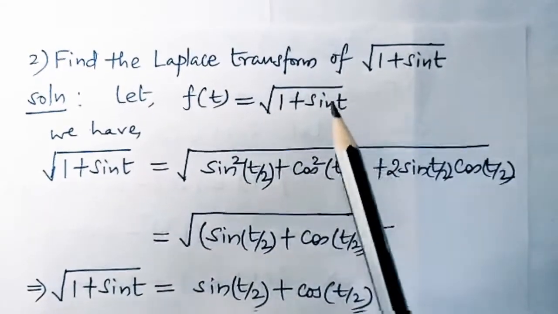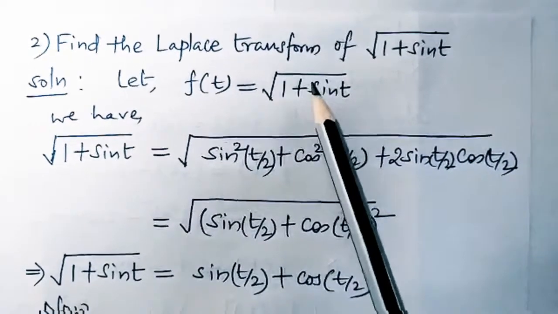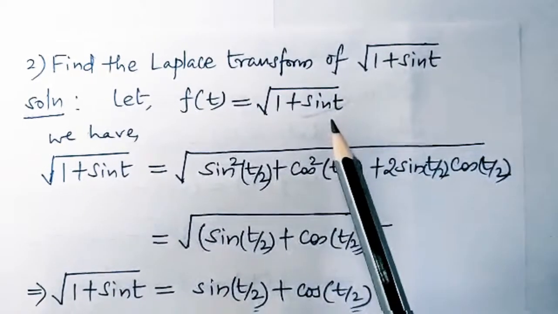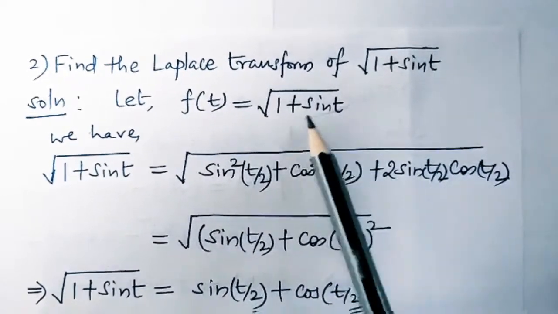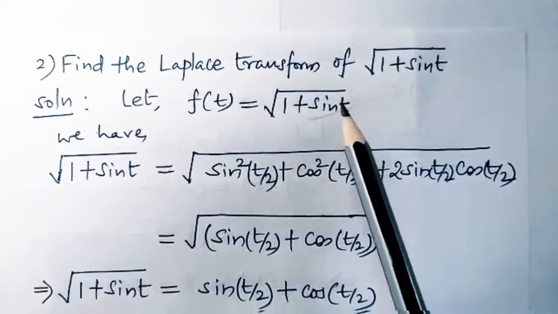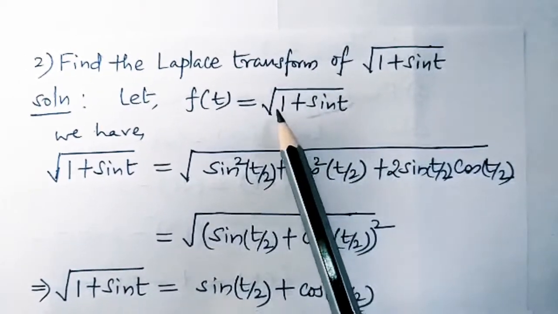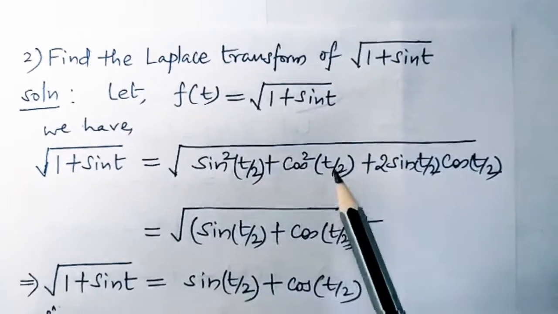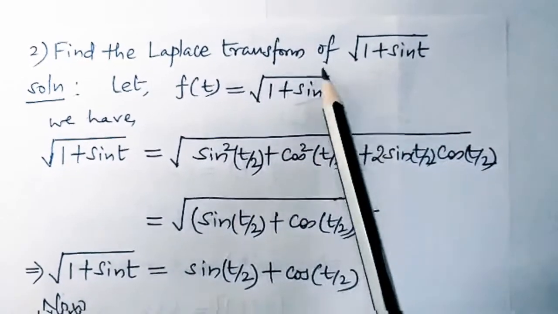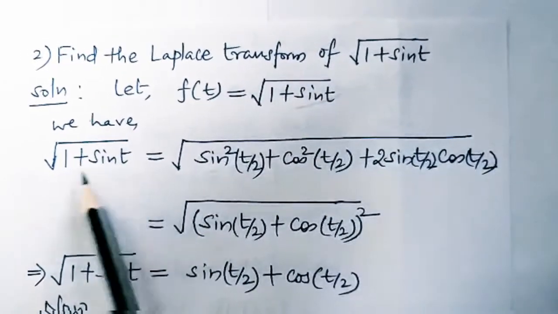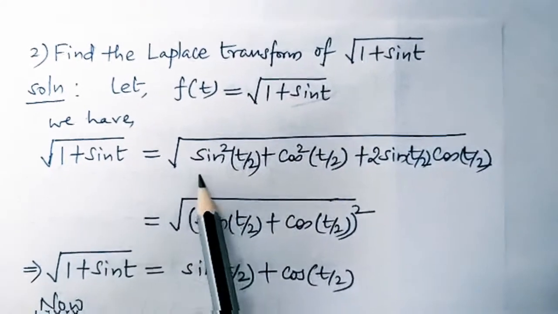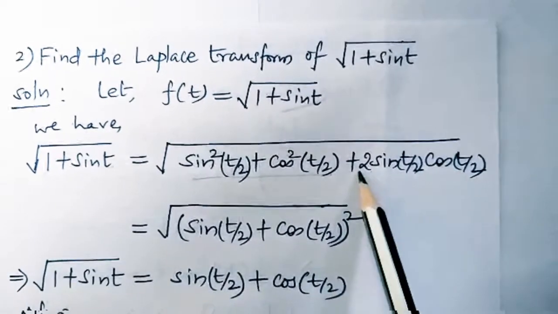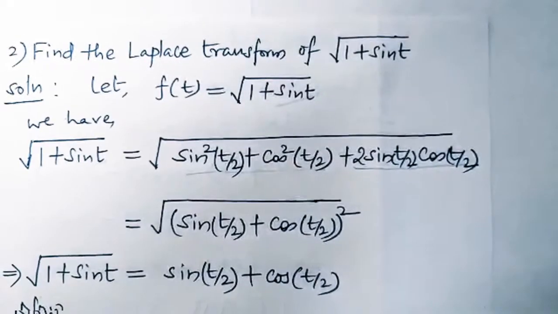Now, what is the simplification? So the first idea we will get is sine of t. Sine of t can be expressed with angle t by 2: 2 sine t by 2 cos t by 2. Accordingly we can rewrite the 1 as a trigonometric identity with the help of that particular angle: sine square of t by 2 plus cos square of t by 2. So altogether, this under root of 1 plus sine t can be expressed by replacing the 1 by sine square of t by 2 plus cos square of t by 2, whereas sine of t can be expressed as 2 times sine of t by 2 cos of t by 2.